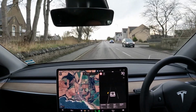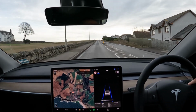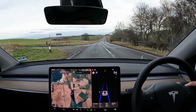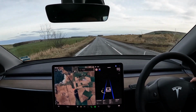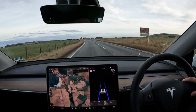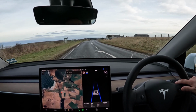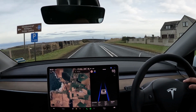Coming out of Cullen, and we're ready to go, so I'm going to stick it on straight away because as you can see the road is now free of cars and houses and other things that I need to slalom around. So I had quite a few comments the first time around about the expectations that I had. First of all, this is Europe, hi America, and we have got a completely different regulatory setup than you have. So we cannot have the versions of full self-driving that you've got. However, this is still the standard autopilot auto steer that you get free with the car. I haven't paid for enhanced autopilot, and I certainly haven't paid for the crippled alleged full self-driving